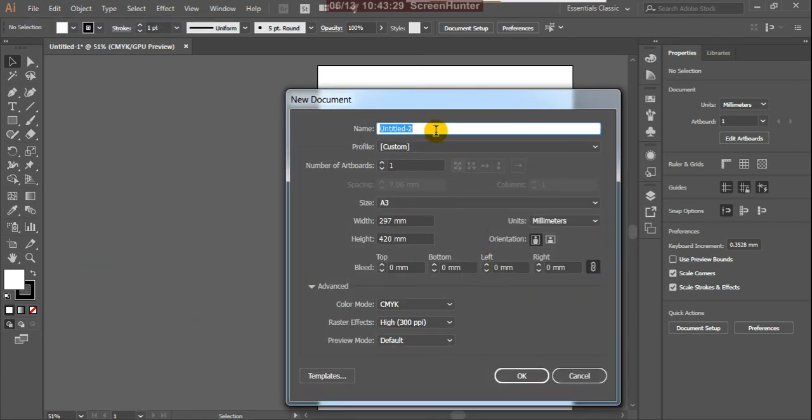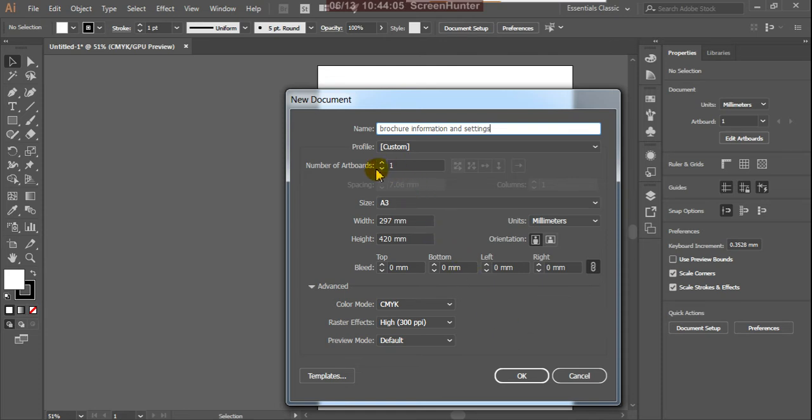give the name brochure information and settings.